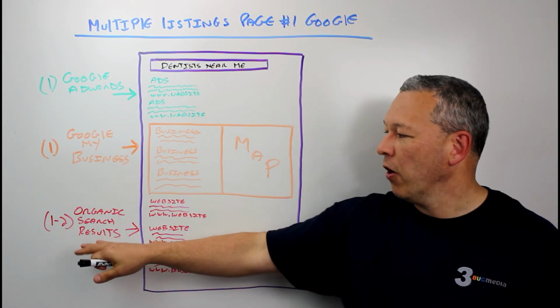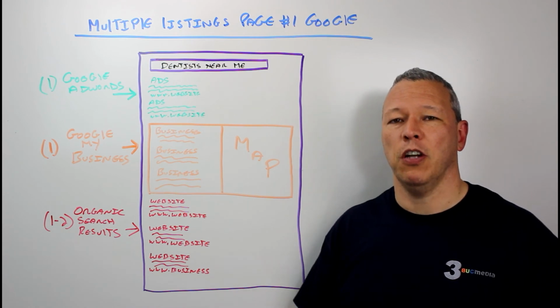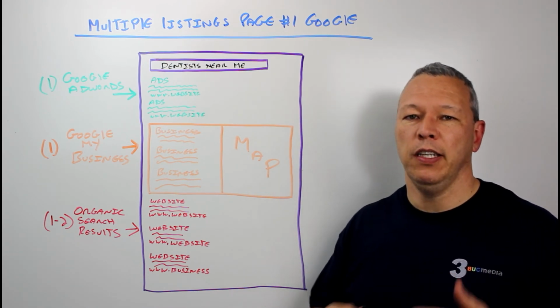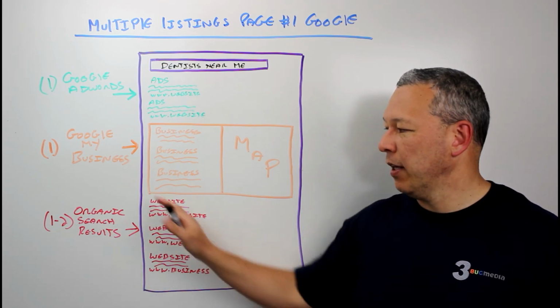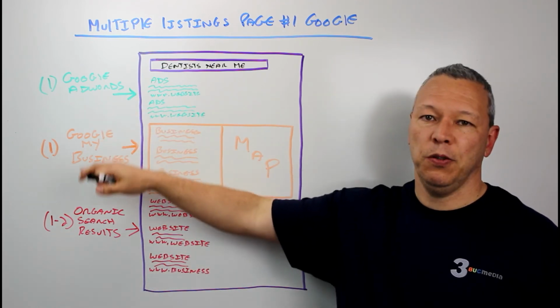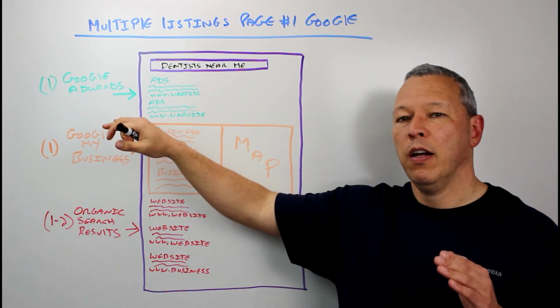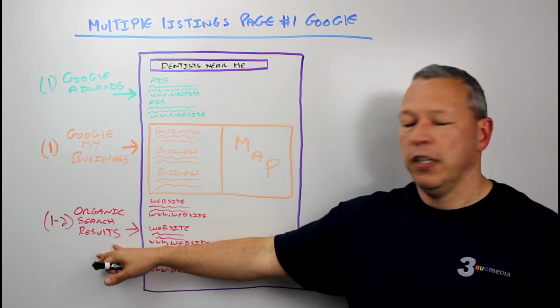Now, organic search results is probably the hardest to do because there's hundreds and hundreds of different factors Google uses to rank a website, and you definitely need to do some search engine optimization in there. So if you're really not doing anything with your website, or you don't intend to, then you're probably going to focus more on these two, and these can still give you a ton of visibility with not a ton of work or a ton of investment. This one is definitely the hardest to do,